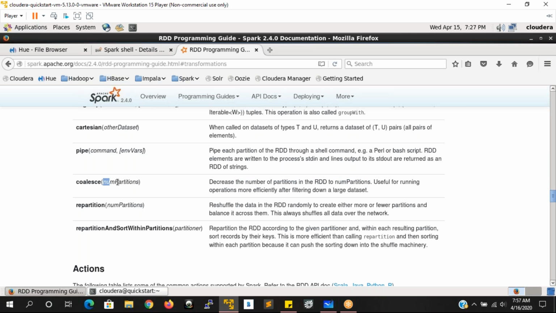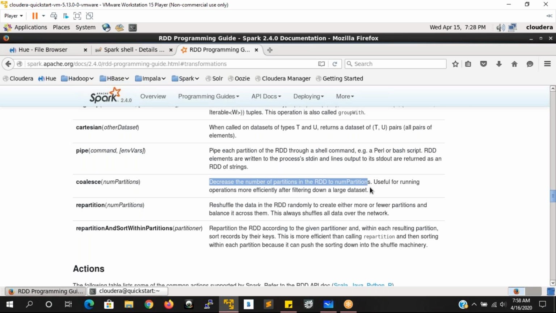That means however many partitions you provide as the input parameter, it is going to decrease the number of partitions. Useful for running operations more efficiently after filtering down a large data set. This should be remembered here.